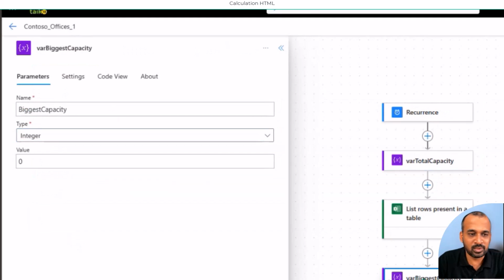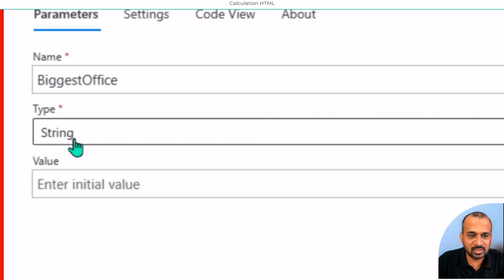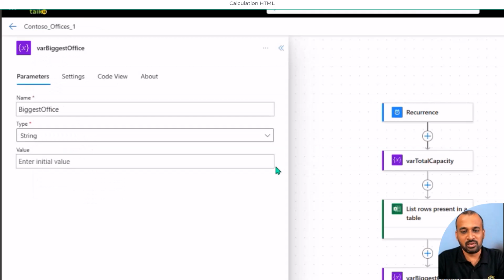Similarly, we need to create one for the biggest capacity as well as the biggest office. For biggest office, we can set the type here as a string, and the value can be null, I mean a blank value here. But actually, both of them have to be after the Excel file, which you can see here on the screen. So after total capacity,